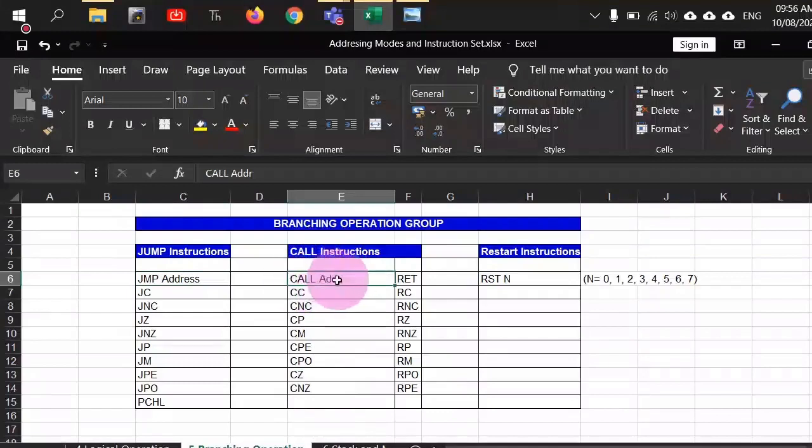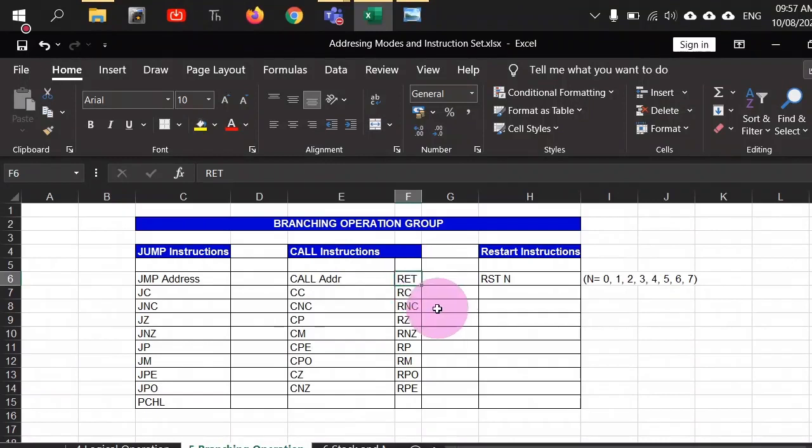This unconditional call instruction we have seen while writing functions. Call some particular address, and your program will jump to that particular location by keeping the return address on the stack. Similarly, you can have call on carry. This is a conditional call. Whenever carry appears, you call a function, and if no carry appears, you don't call that function. To return from these functions, you have these statements. RET is a simple, unconditional return. If the function is complete, you return.